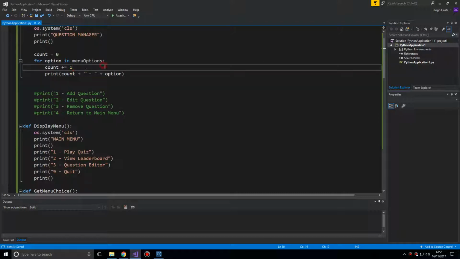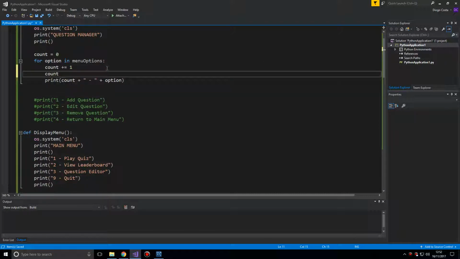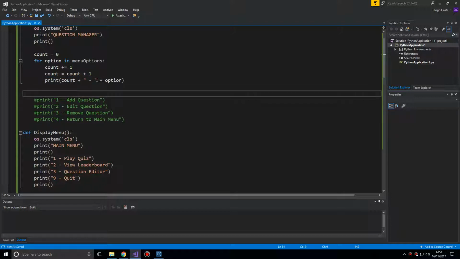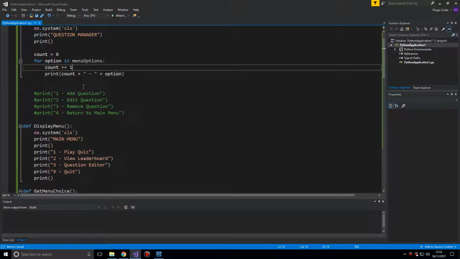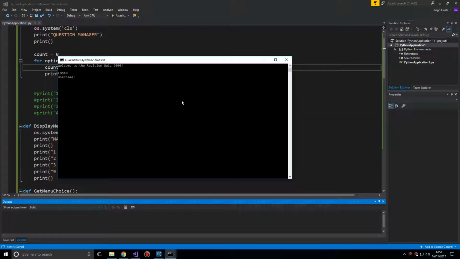So instead of me writing over here count is equal to count plus 1, the plus equals 1 says: make the count, add that 1, and assign that to count. It's a short way of typing the longer way, assign count to be the count plus 1. So if we now run this,